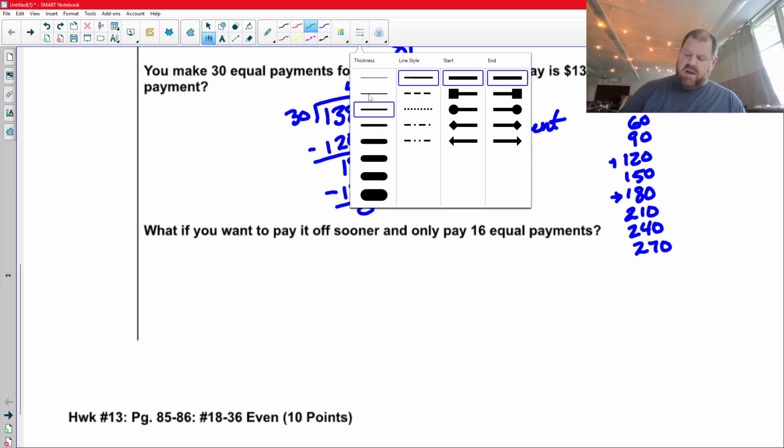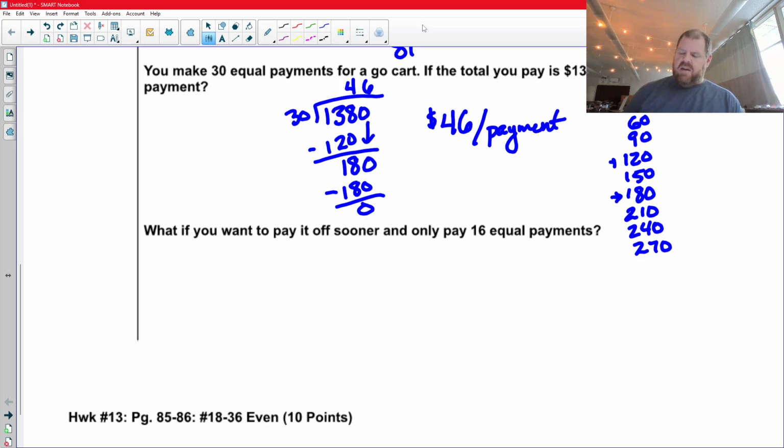So the last one that we're looking at, we want to see if we can pay that go-kart off sooner and pay it in 16 equal payments. So the cost is the same, 1,380, and I just want to pay it off in 16 payments instead of 30. So I need some multiples of 16. We have 32, 48, plus 16 will be 64. Uh-oh. 48, 64,